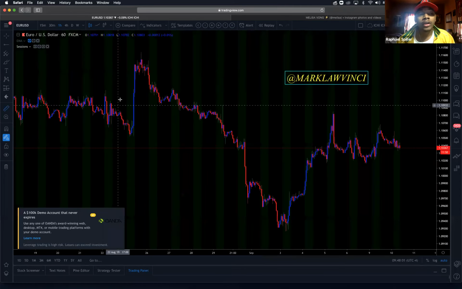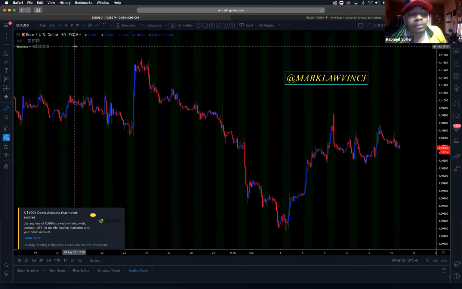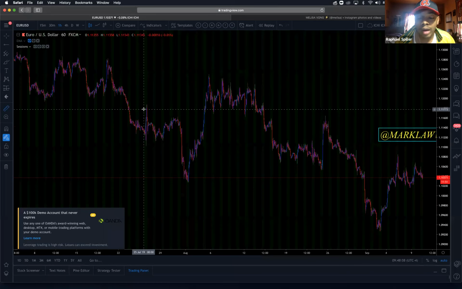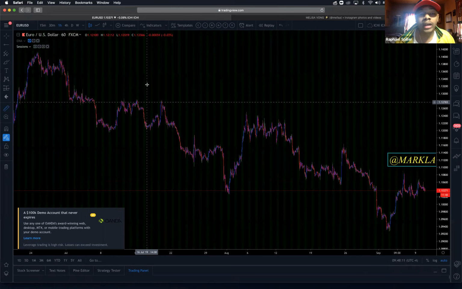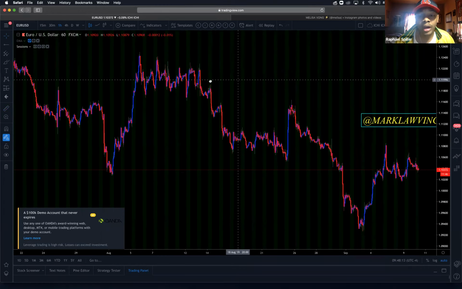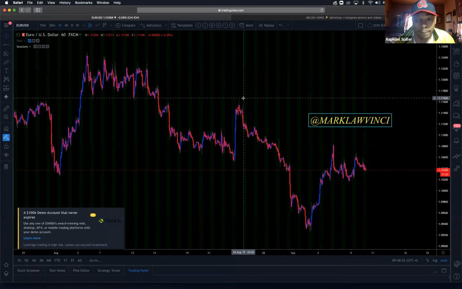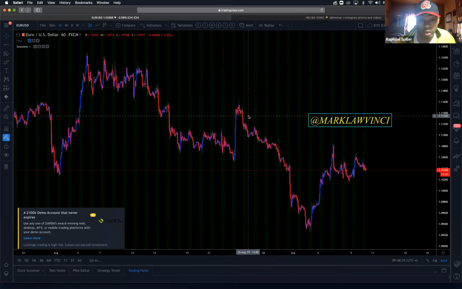So for EUR/USD, I would count how many pips. I would go back as far as I can to know how many pips on average my pair moves. This is how you back test and how you know how many pips your pair actually goes during the London and New York sessions, right? So I would say EUR/USD moves between 40 to 50 pips in New York. I mean, I'm sorry, in London. Actually, it moves 40 to 50 pips in London.